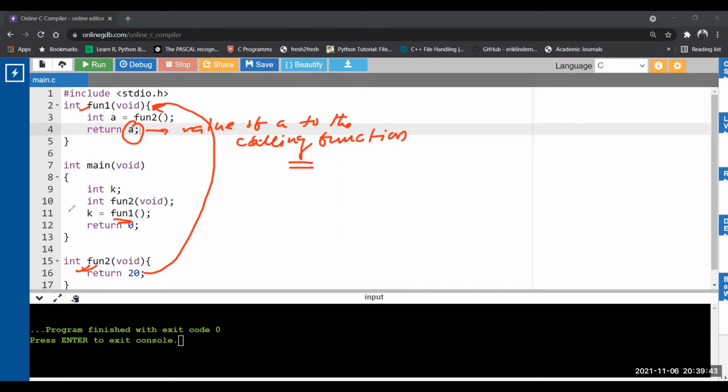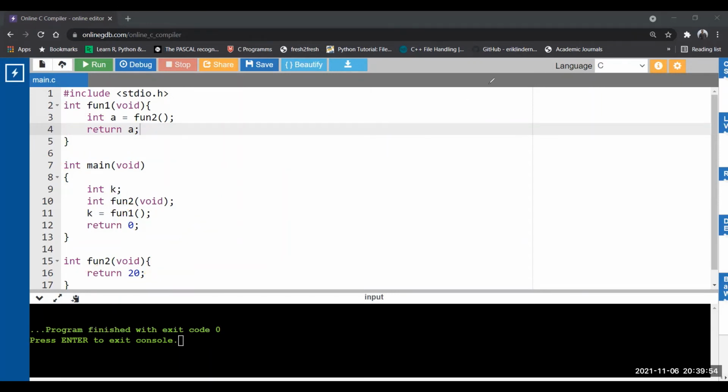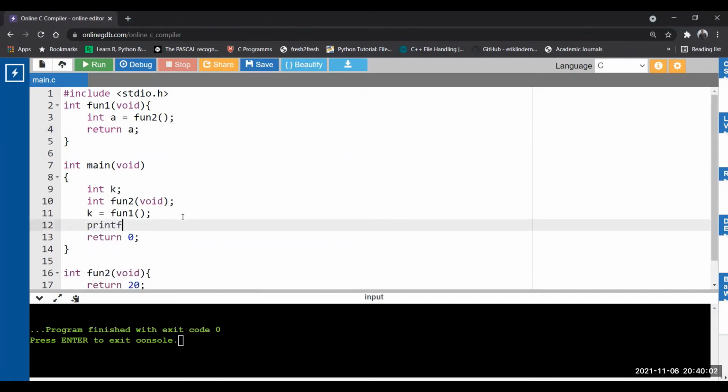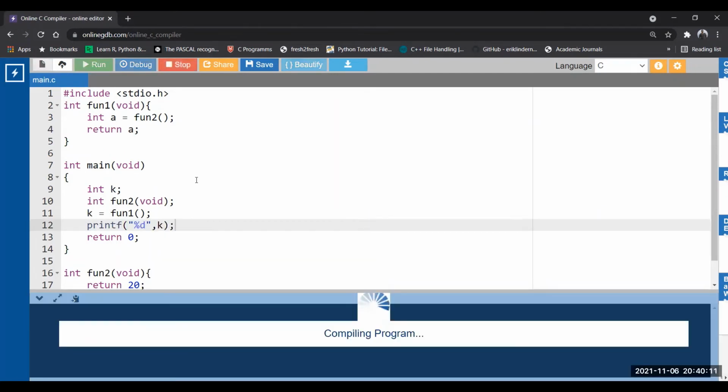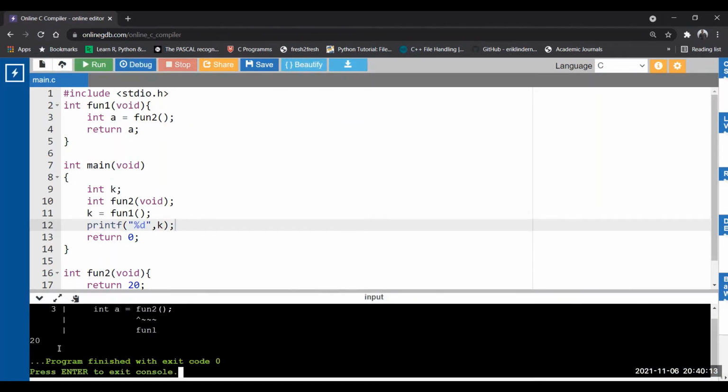So 20 will be saved into K. Okay, so now let's print the value of K so that we can understand the flow. Printf %d and K. So we get an output 20.